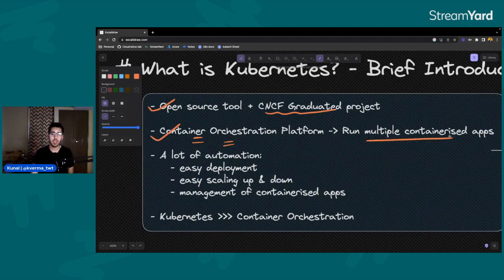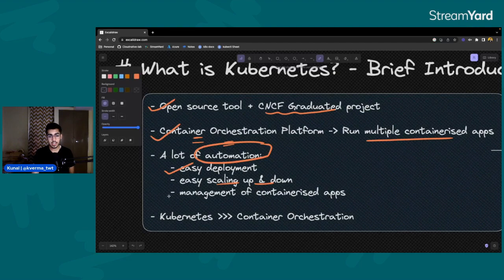All right. Now, a lot of automation is happening inside the Kubernetes cluster, right? Why do we actually use Kubernetes? What is the need of that? Because a lot of automation is happening there. So you can easily deploy your applications. Now, applications, I mean containerized applications, right? So your application should be in a containerized format to work with Kubernetes. You can easily scale up and down your applications with respect to the kind of traffic you are getting. You can easily scale up according to that, or you can easily scale down to reduce your costs in terms of maintaining your infrastructure, and a lot of similar concepts.